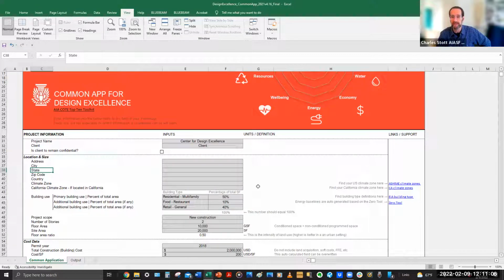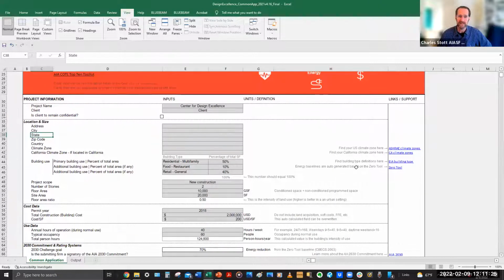So that's a good thing. But just make sure that you're filling out the current Common App that the AIASF has provided you as part of your toolkit for doing the submission, because it's always a problem to get a Common App from 2 years ago that doesn't really match up with the ones we're looking at now.